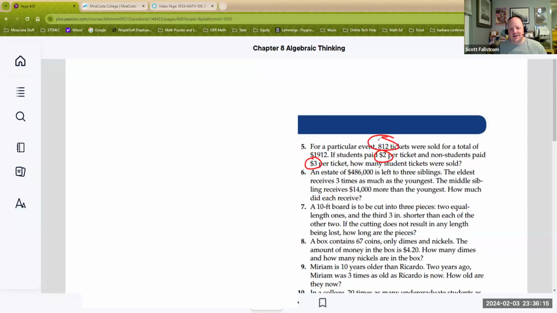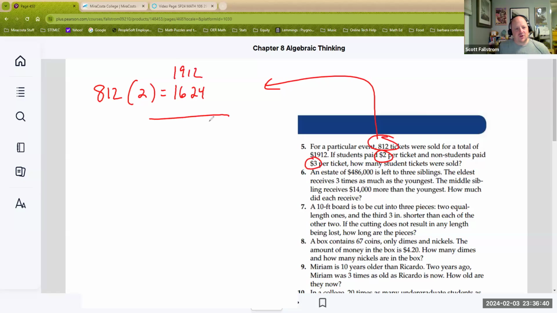Well, why don't I just take all 812 of them and pretend they're all $2 tickets, right? If everybody here was a student, they'd pay $2, and that would give me 1624. So now, when I look at how much money came in, which was actually 1912, and I take away the 1624, I'd say, oh, well, I had 1912. When I subtract, that gives me